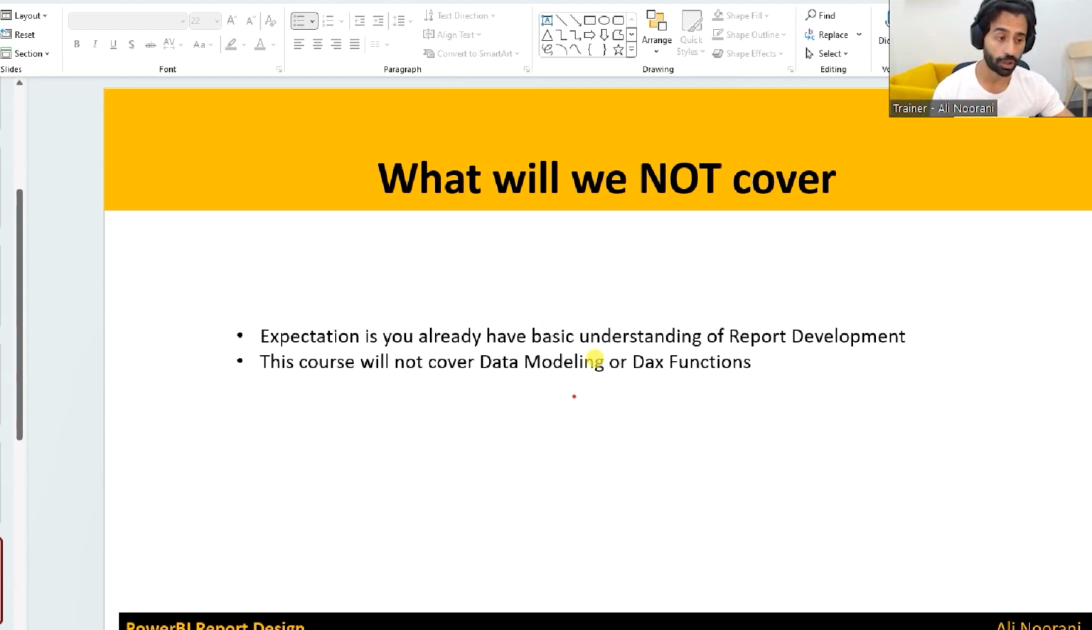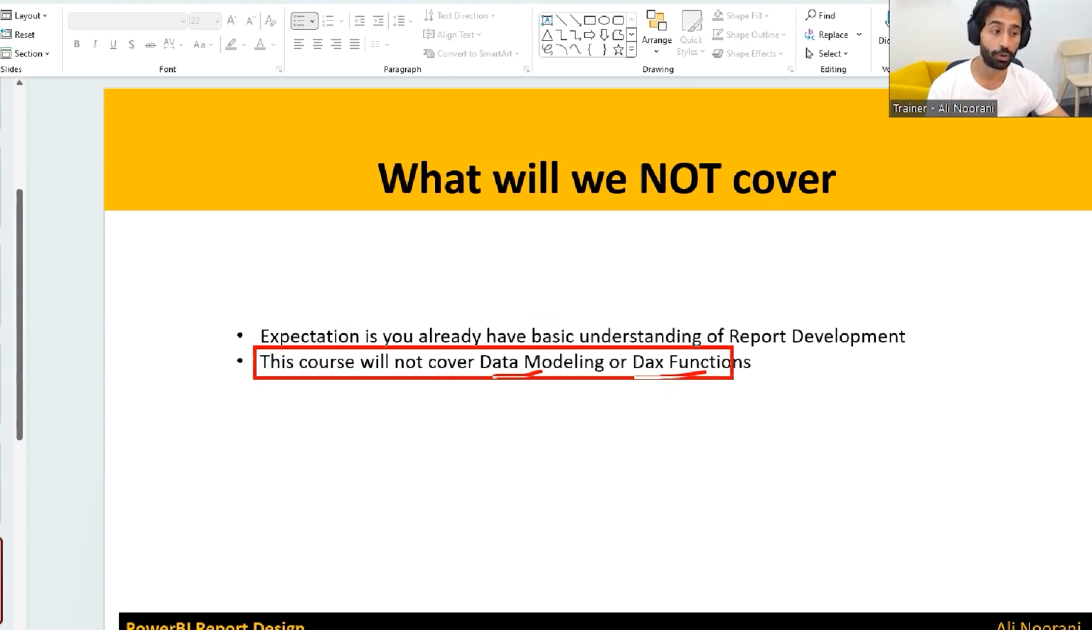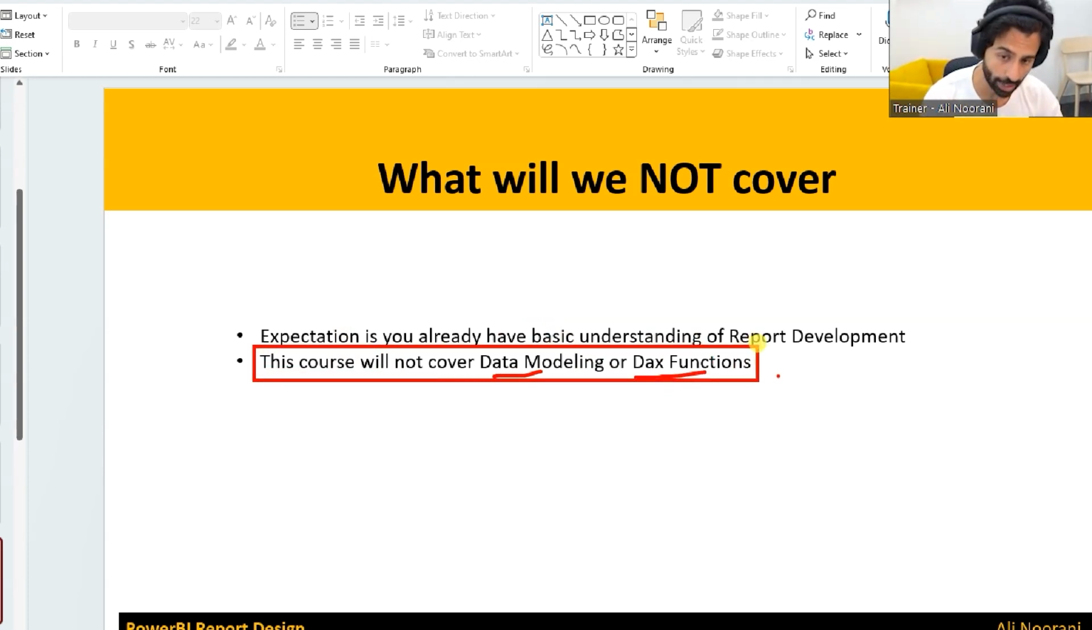And this course will not cover data modeling and DAX. I also understand the majority of you have not done advanced, which is fine. So if these are the topics that you are interested in, then probably your advanced and DAX course will help you out. These are a lot more in-depth 2-day courses. So we are not going to cover them, but we are going to use a little bit of DAX to improve the user experience of the report. That will be the intention, some simple functions. Okay,